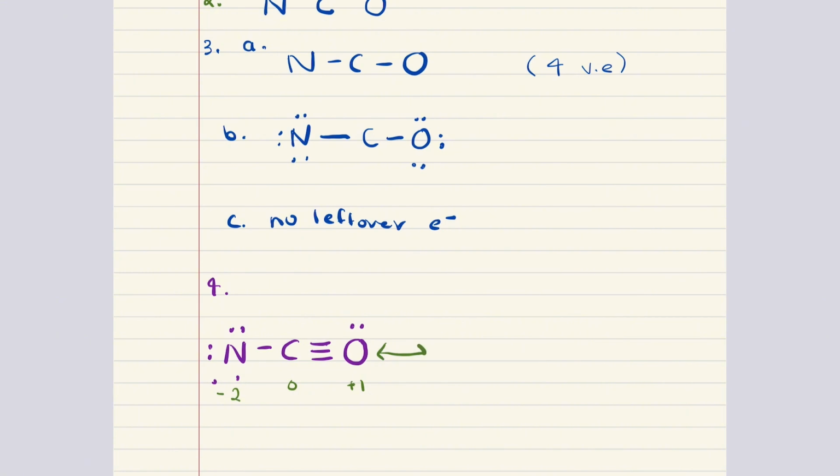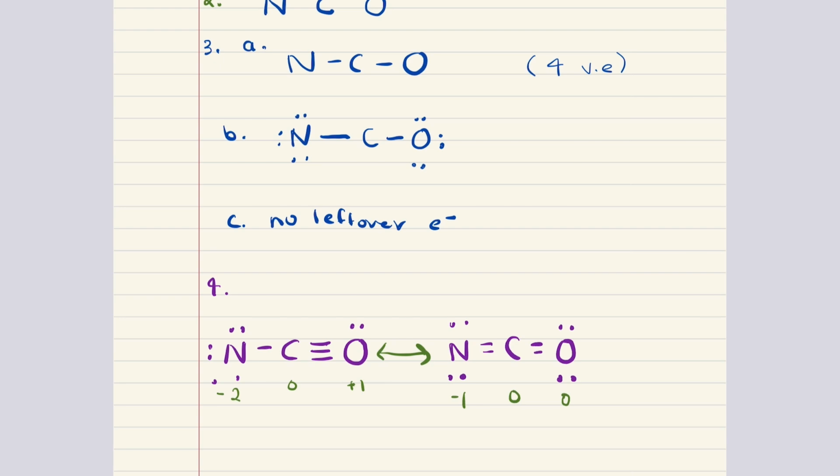Let me draw it out with purple, keep it consistent. We have a double bond right here and a double bond right here. And both the oxygen and nitrogen now have 2 electron pairs. All right. So now with this structure, we can also again determine the formal charge. Pause, try it out on your own. In this structure, oxygen has a 0 formal charge, carbon also has a 0 formal charge, and nitrogen has a